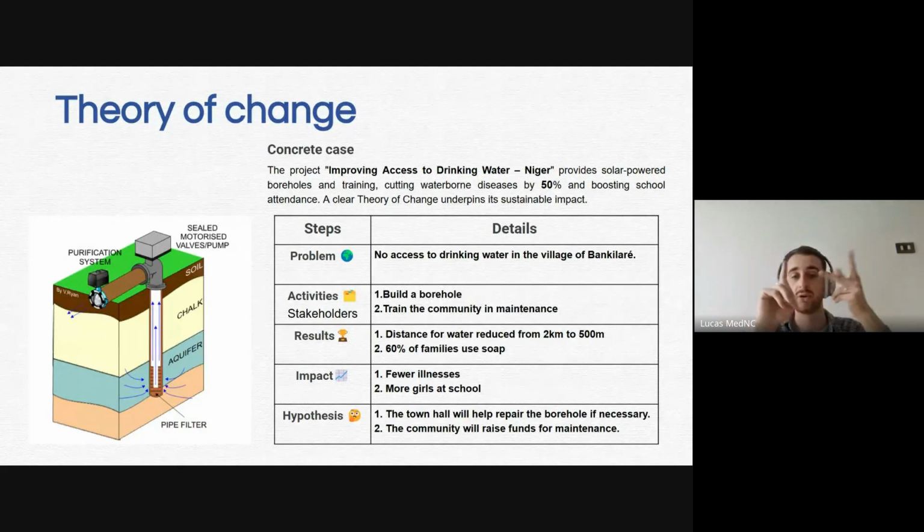So I would say build the borehole, train the community in maintenance, and train them on how to use it and how to not waste it and how to use the soap and everything. And that will have an impact on that. Fewer illnesses, because people will be more able to have access to clean water and soap, etc. And more girls at school because